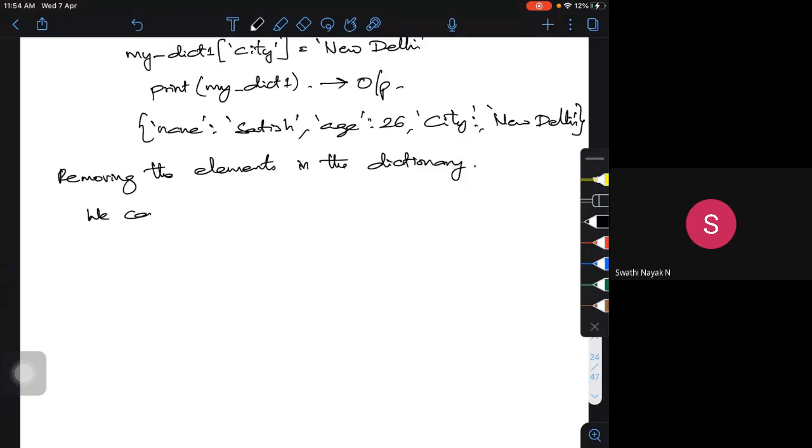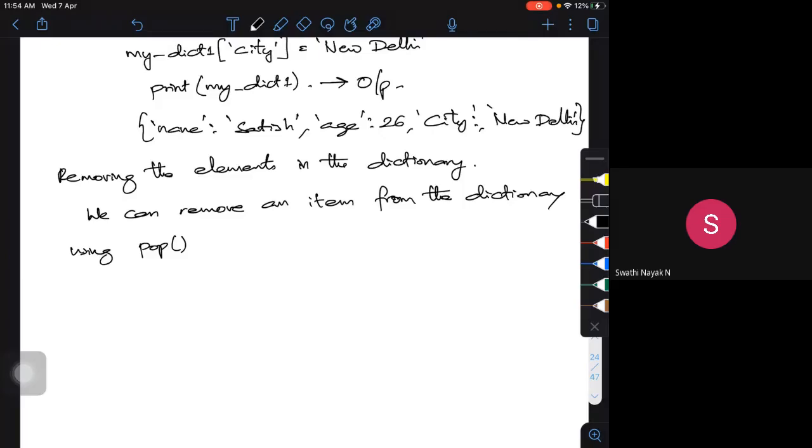We can remove an item from the dictionary using the pop function. We call it the pop method also.